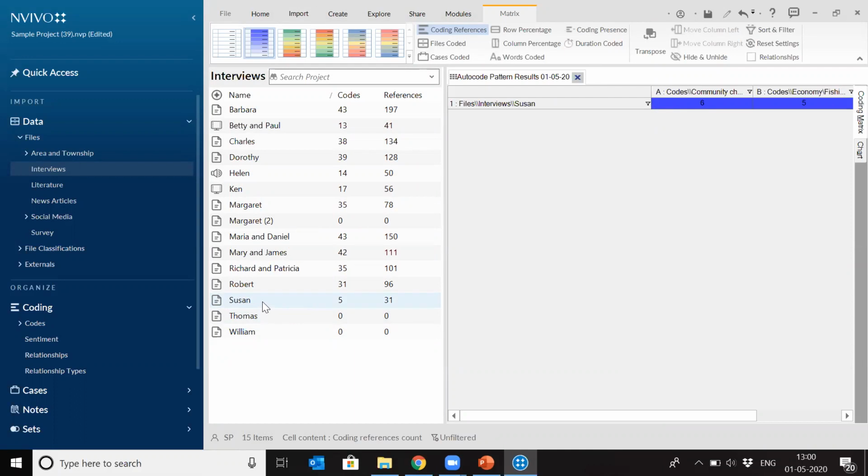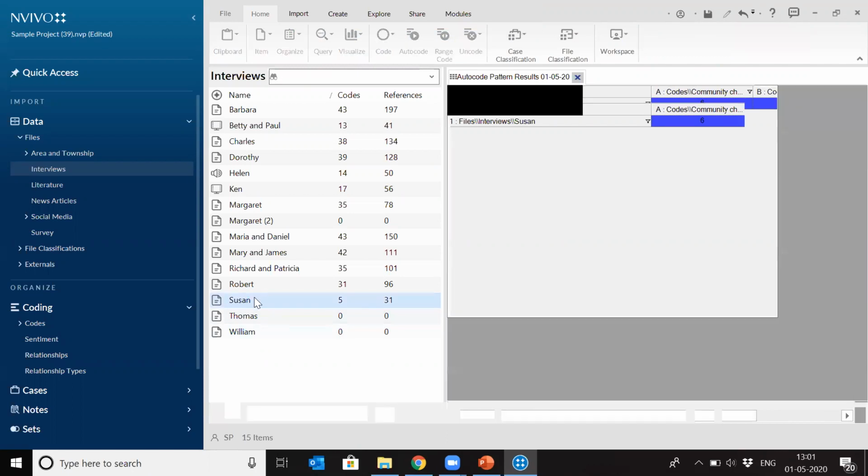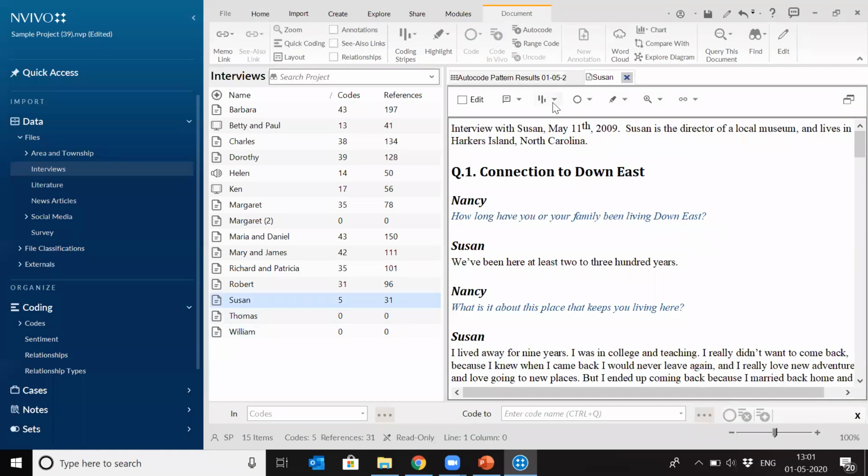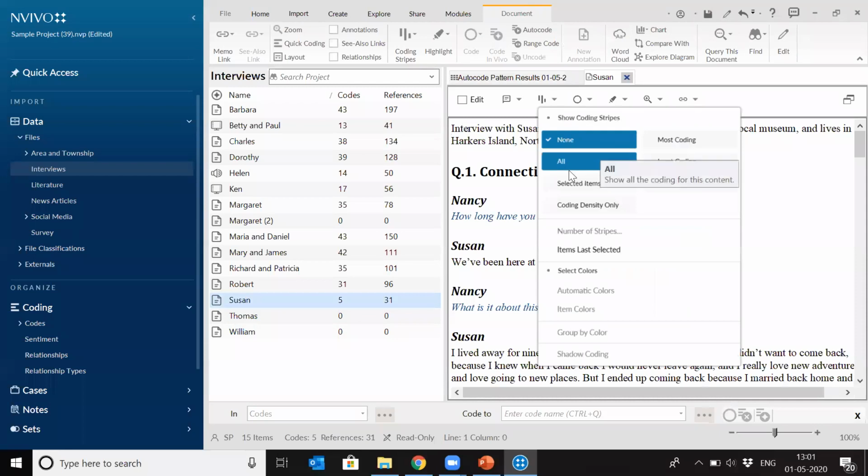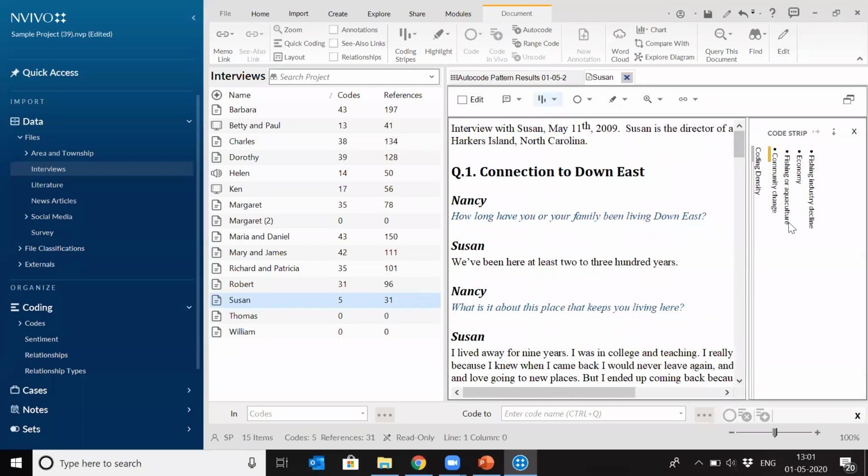So if you open Suzanne's interview, by default this comes up. So it has coded 6 references for codes like community, changes, economy, fishing, all these things it shows there, right? So it has coded into 3 different codes. For others, maybe it did not find any data relevant to those codes, so it has not coded there. If you open Susan's interview, previously there were no codes, but if you want to see the codes which have been coded here now, you can see the stripes also. So 1, 2, 3